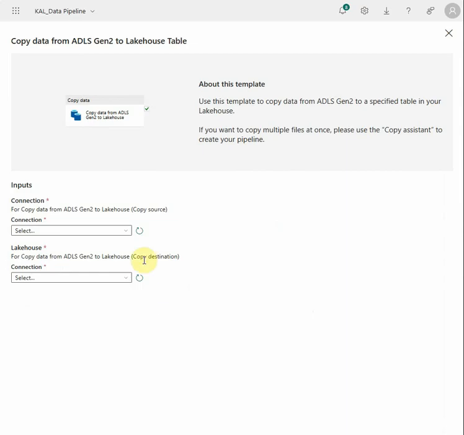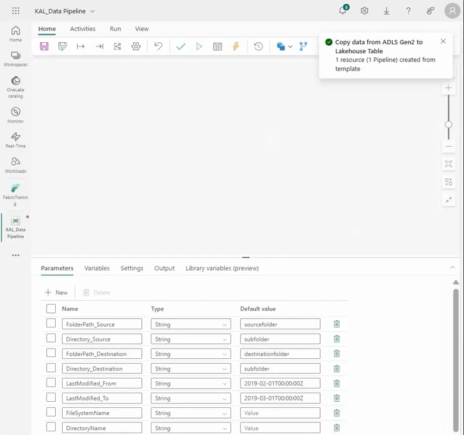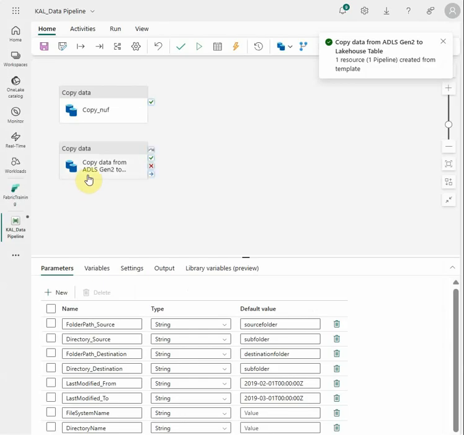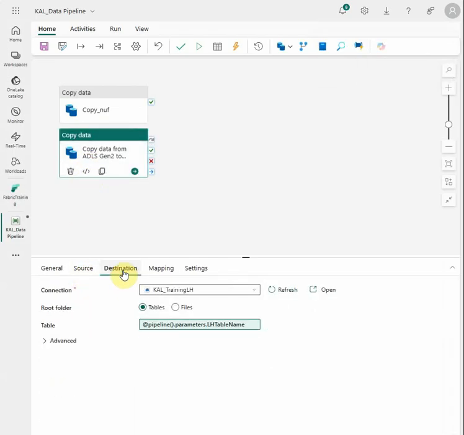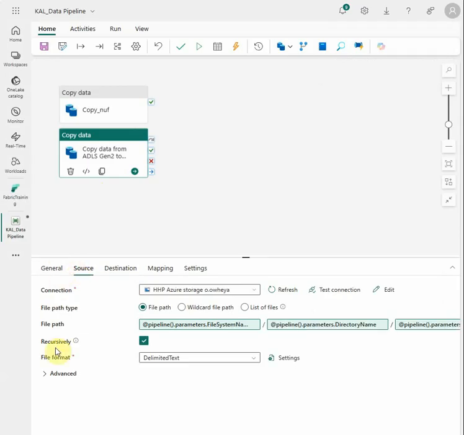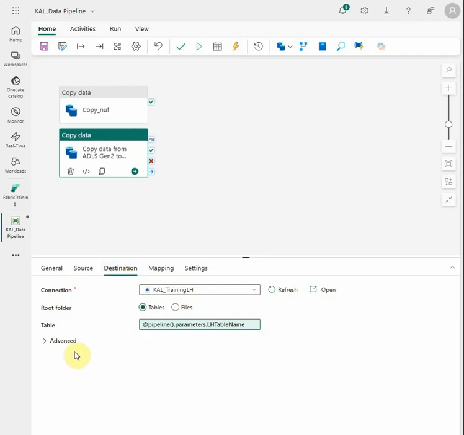All I need to do is to select the connection string, and then select which of my lakehouses I want to copy this data into. Then I say use this template, and then I go ahead to complete the other information. Automatically it's already done for us. The source directory is already configured for you, and then you have the destination tables that it is going to